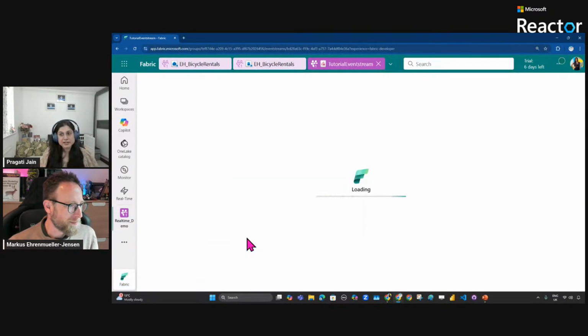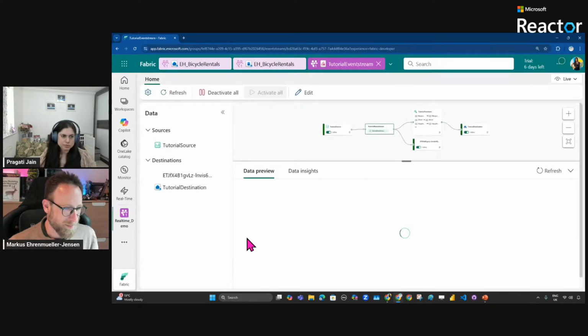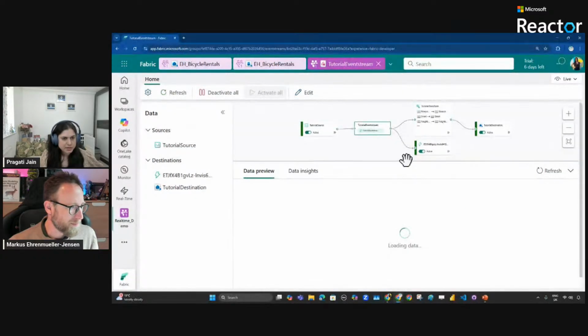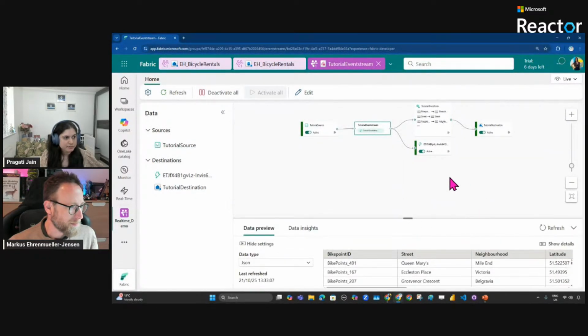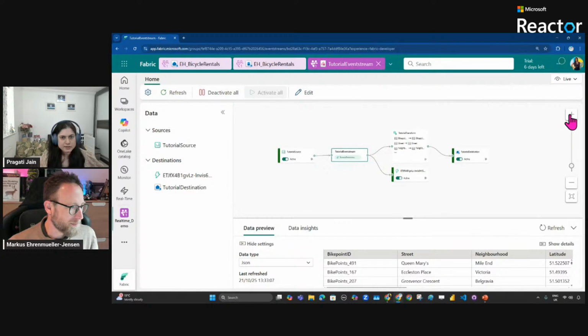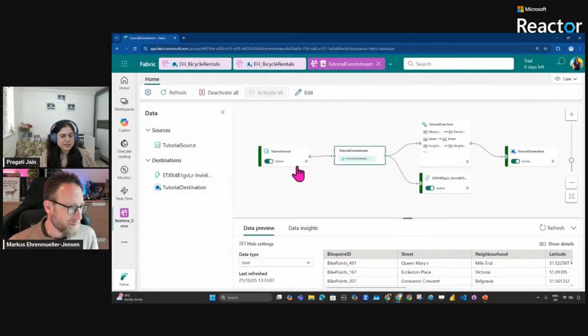And once it is connected to the sample data, I'm processing it and writing it back to my event house. So let me just make this a little bigger. So this is what my event stream is about. This event stream is connecting to my sample data, which is bicycle rentals, and it's just processing that data. And then I'm further writing it down to our Eventhouse. For now, just ignore this alerting thing here. We'll go to that in the next step.